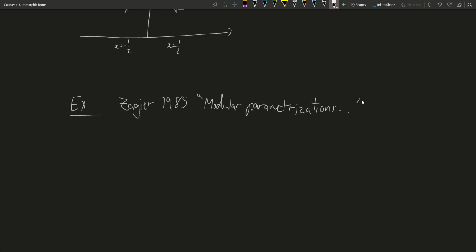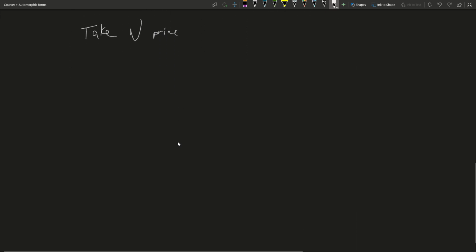I forget the full name. This is enough to find it. And if you take n to be prime, then one fundamental domain you can choose is